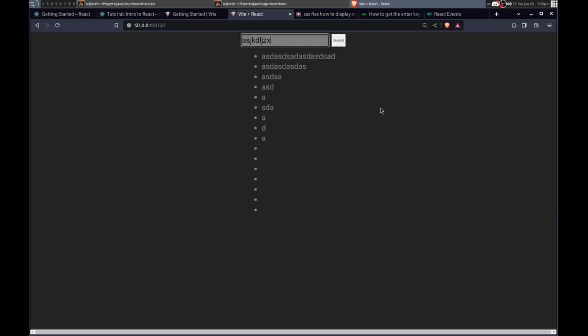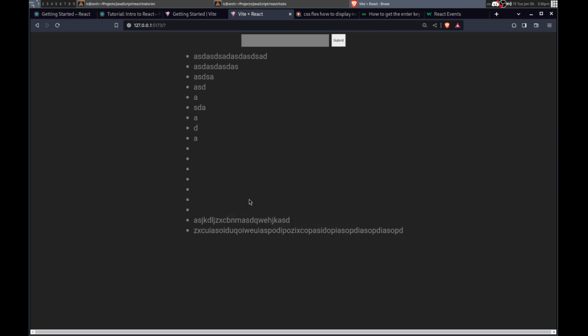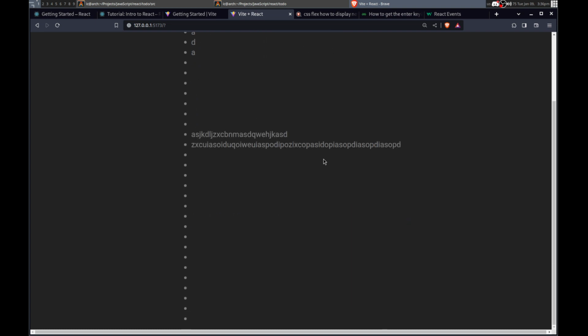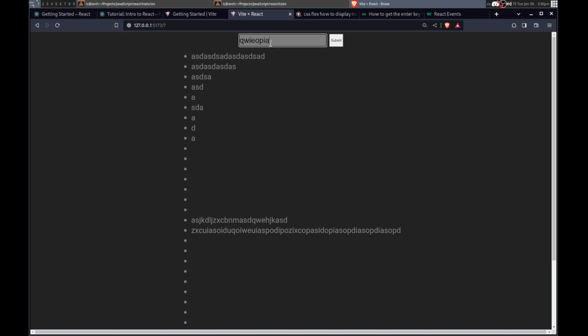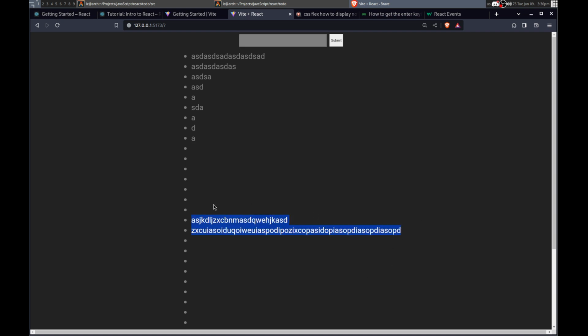So... Yeah, the longer you type it, the more it moves that over. I don't know about that. That's fine. Yeah, there we go. So it is functioning. This is pretty much what I wanted it to do. Similar to the HTMX app that I made. Yeah. HTMX was way better, though. I enjoyed it much more. I'm not a fan of React.